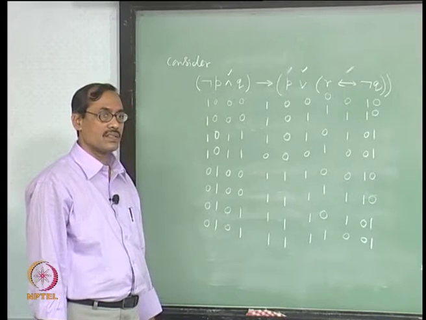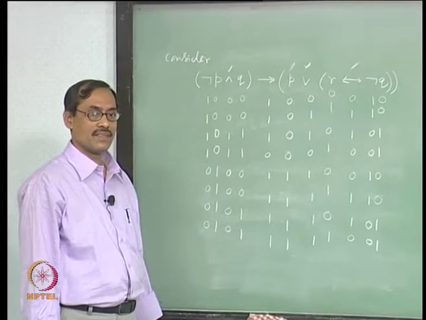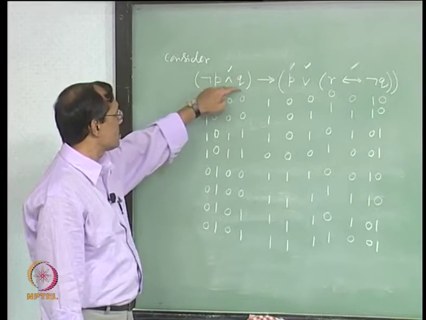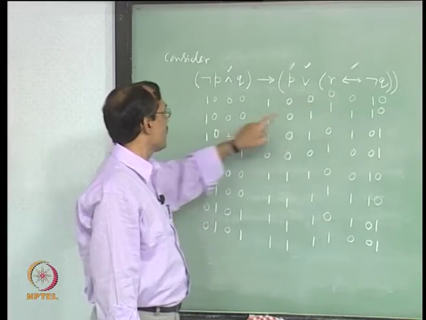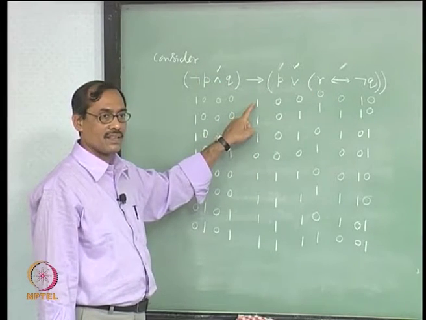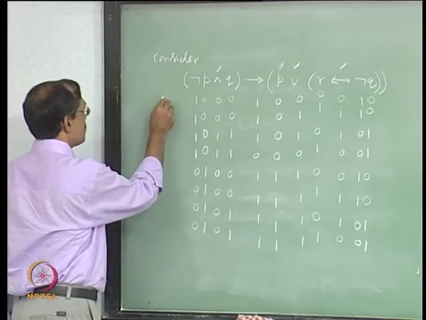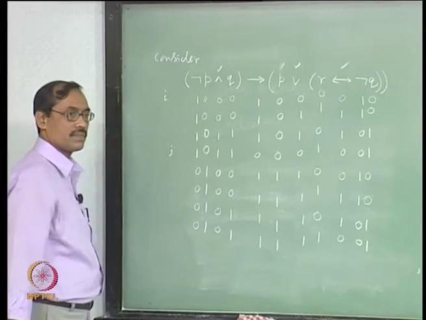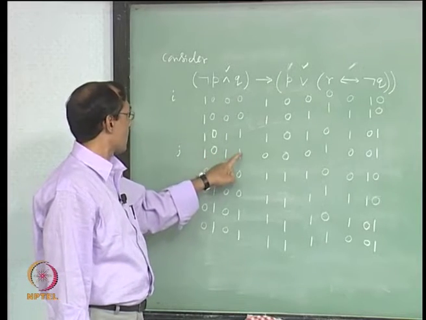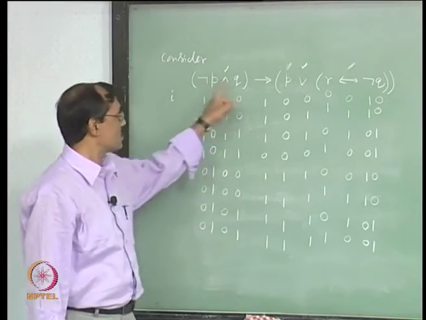So, what does it say to us? Why the truth table at all? Well, it tells that if I is an interpretation which assigns P to 0, Q to 0 and R to 0, then that I assigns this whole proposition to 1. This is what it says. Similarly, let me say this is I and this is J, this row. So, this says if J is one interpretation which assigns P to 0, Q to 1 and then R to 1, then it assigns the whole proposition